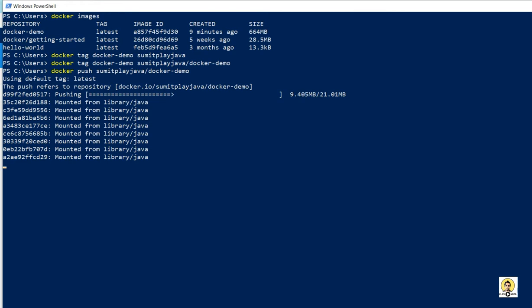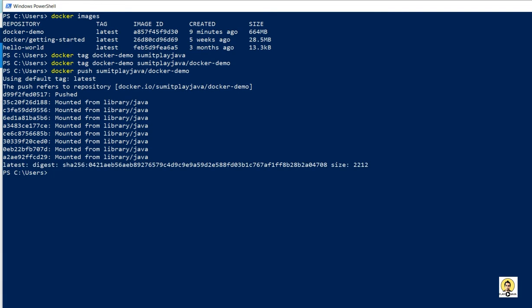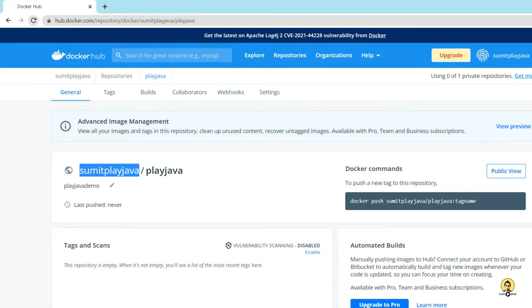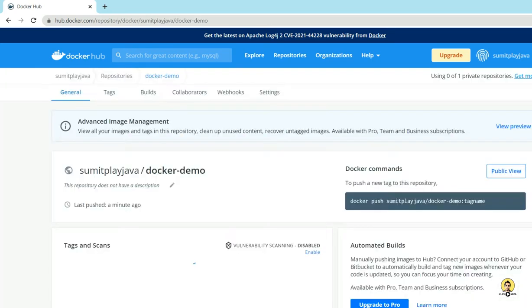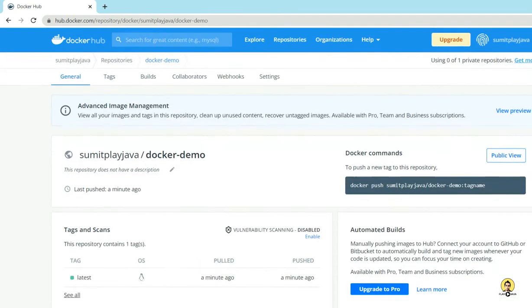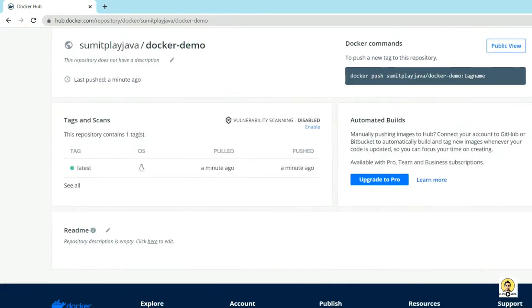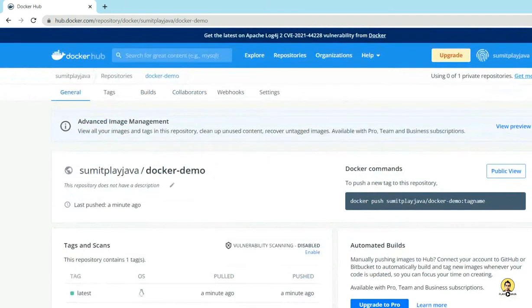See, the MBs are being shown and data has been pushed. After this it will show you the success. So it says that it has been pushed to the Docker repository. If I go to the repository again and do a refresh, see, this first part is the repository which we have created just now. If I go inside this Docker hyphen demo repository, then I can see it has been updated just a minute ago. It's the same repository we have created, and we have pushed our image to this.